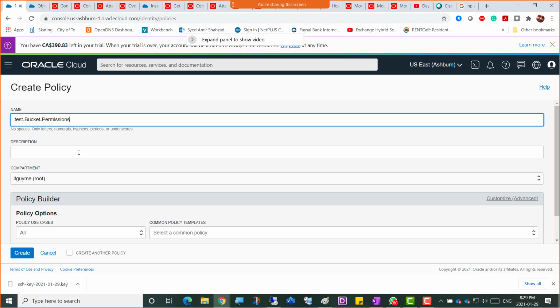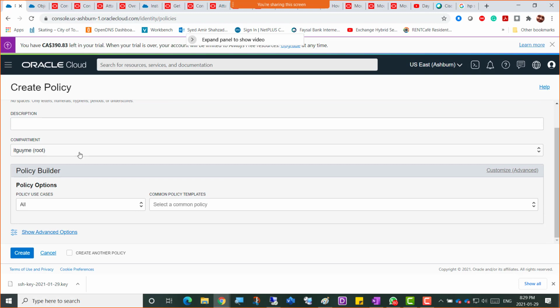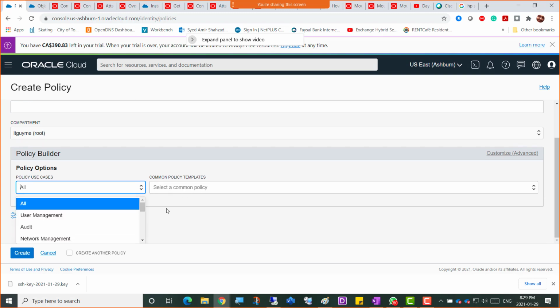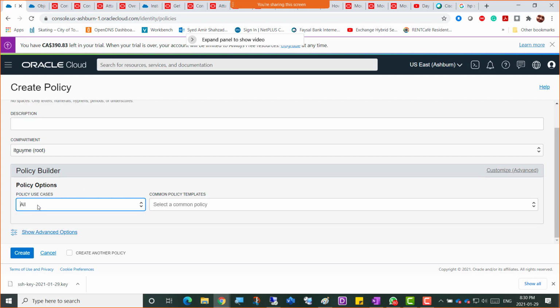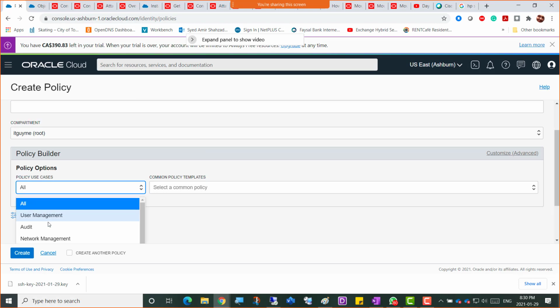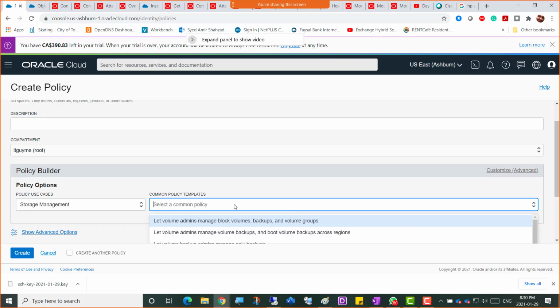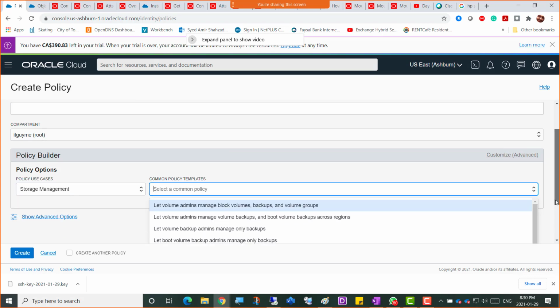I'm just naming it like that. And then I'm going for policy use cases. Then I'm going for storage. Oh, I cannot write that. Network management, storage management. In storage management, if I go,